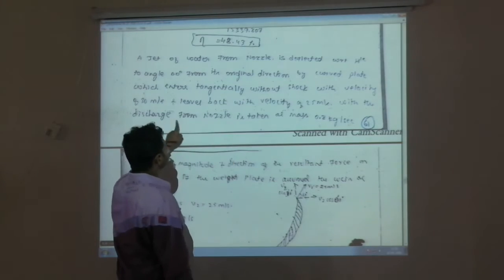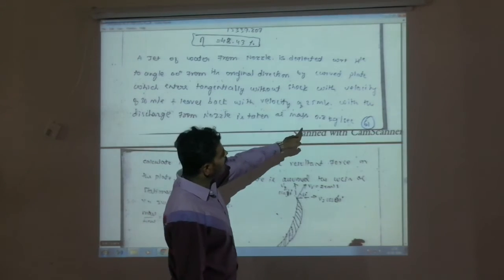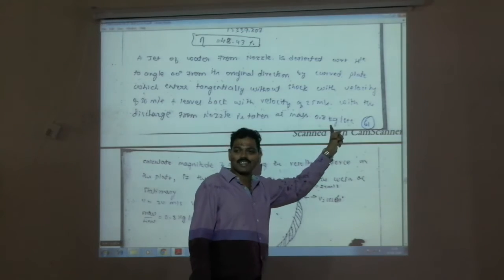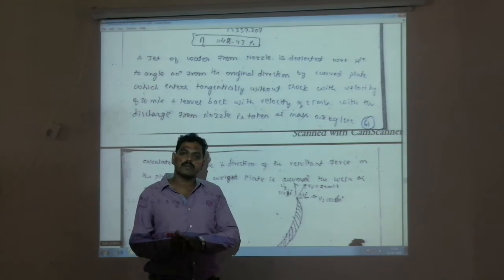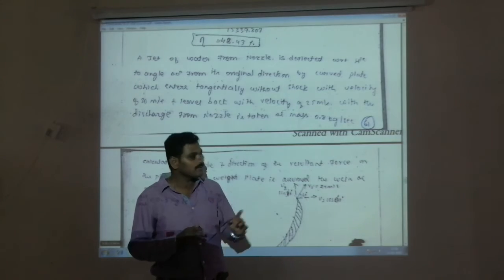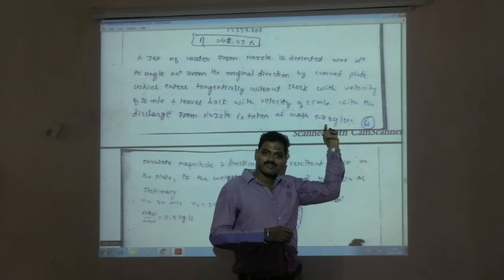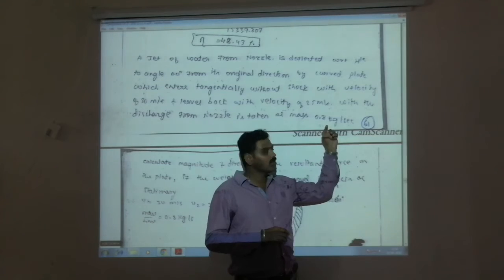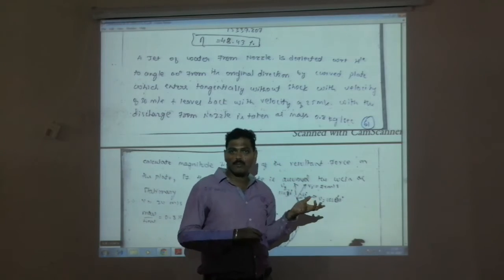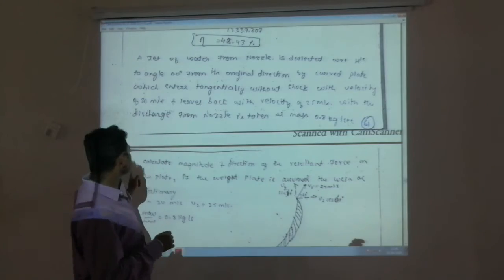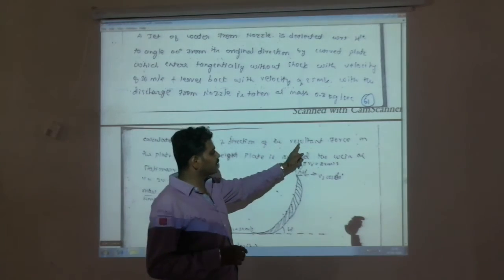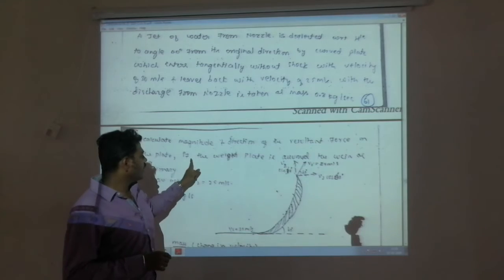With the discharge from the nozzle taken as mass 0.8 kg per second. In the previous problem we had to find out what is mass by time, but in this question it is directly given as mass by time, because the unit is given. What is the unit? Kg per second. What is the unit for mass? It is kg, and per second is the unit for time. So mass by time is directly given as 0.8 kg per second, but even when they don't say mass by time, you should see the unit. Okay, calculate the magnitude and direction of the resultant force on the plate